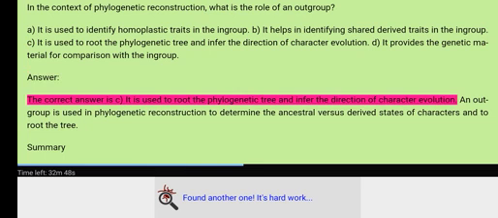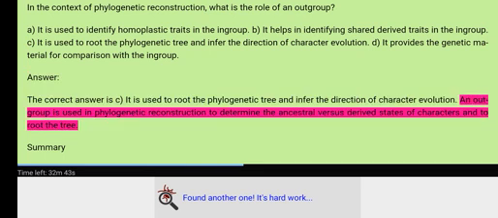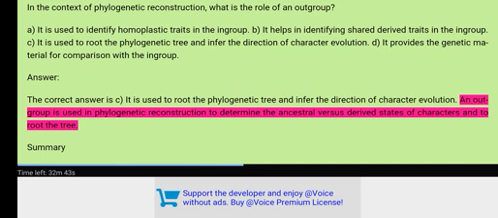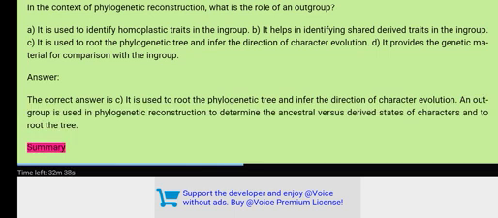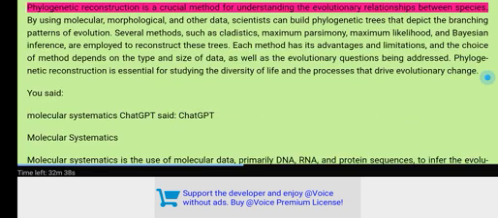Answer. The correct answer is C. It is used to root the phylogenetic tree and infer the direction of character evolution. An outgroup is used in phylogenetic reconstruction to determine the ancestral versus derived states of characters and to root the tree. Summary. Phylogenetic reconstruction is a crucial method for understanding